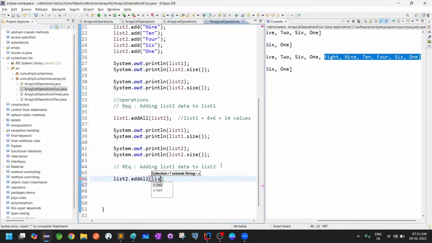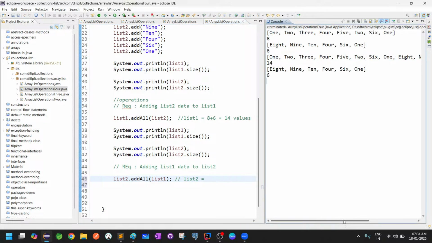And I'm giving list 1. So here simply I can call it as merging array lists. So now what you are trying to say is, take all list 1 values one by one and add them to list 2. So by the time this has happened, list 2 already had 6 values, and 6 plus 14 equals a total of 20 values available in list 2,